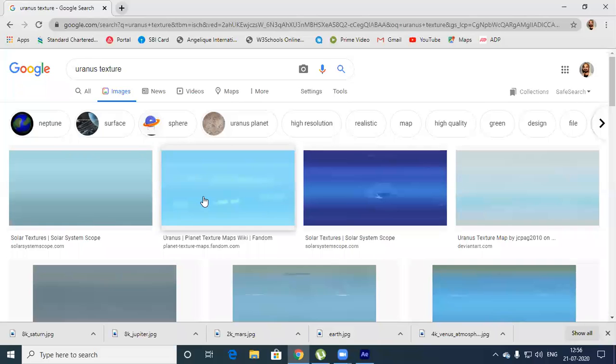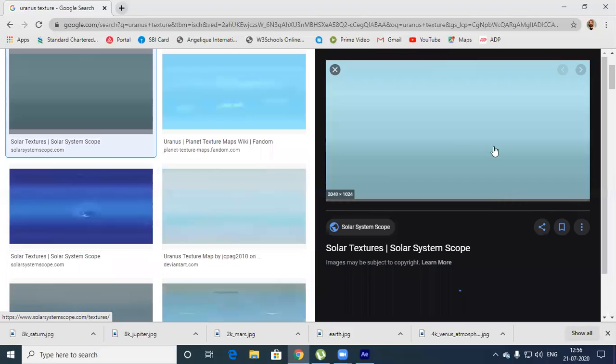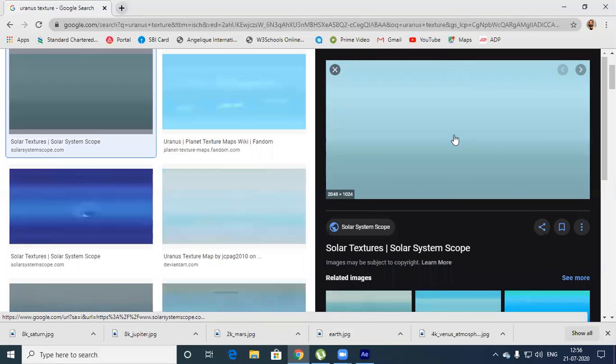So this is Uranus. Let's take Uranus somewhere. Okay, let me take this one. You know, right? Among these planets, you have terrestrial planets and jovial planets. There are two different types of planets: Mercury, Venus, Earth, Mars. These four are terrestrial planets.